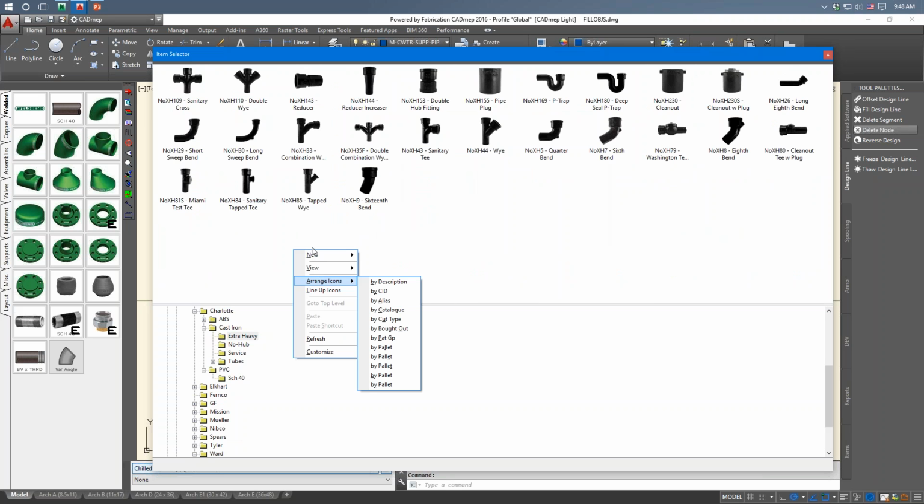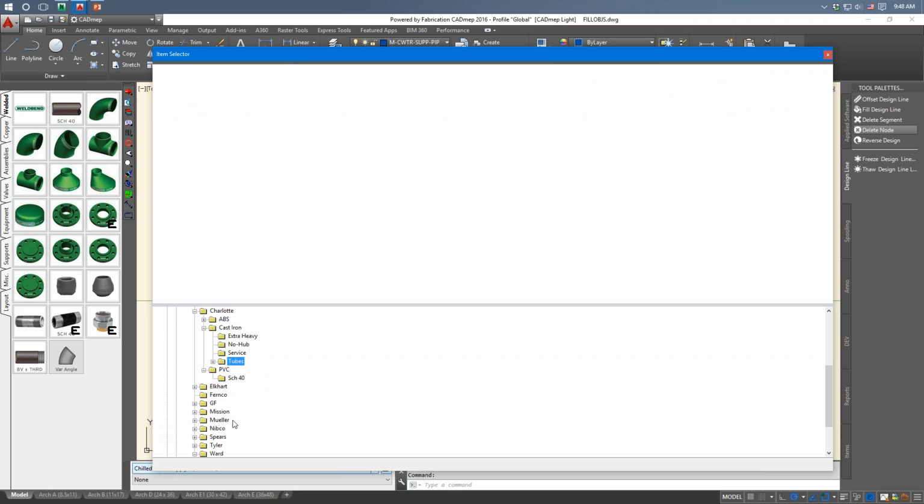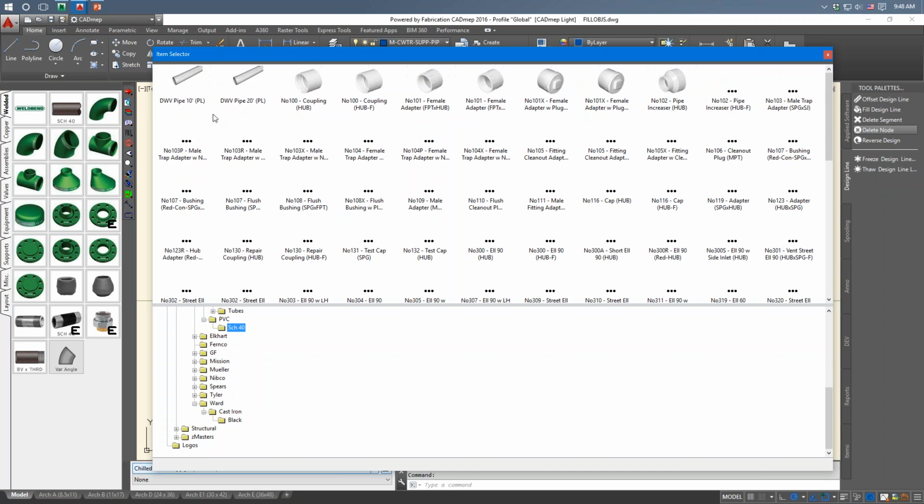But every time I switch one of these, it remembers that position, and it may get all messed up because I've done all kinds of things to this. If I want to reset every one of these views back to the default, because over the years they've gotten all mixed up, we can set them all back to default by going into our folders